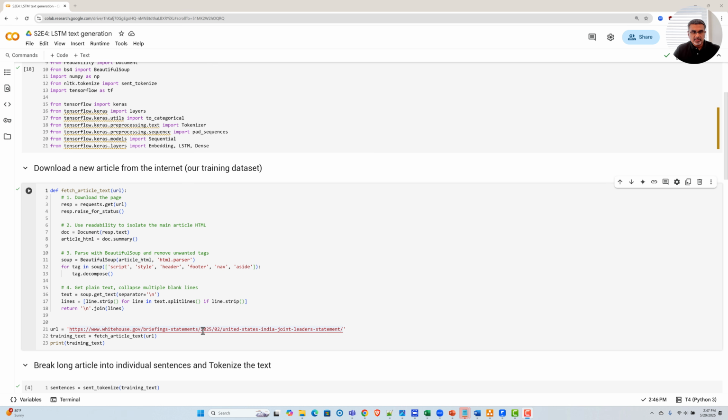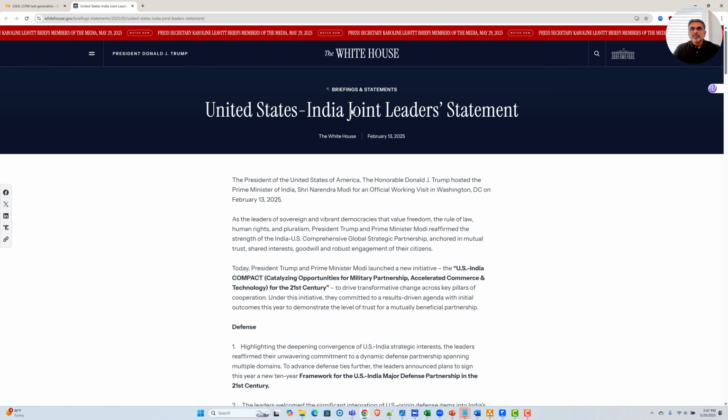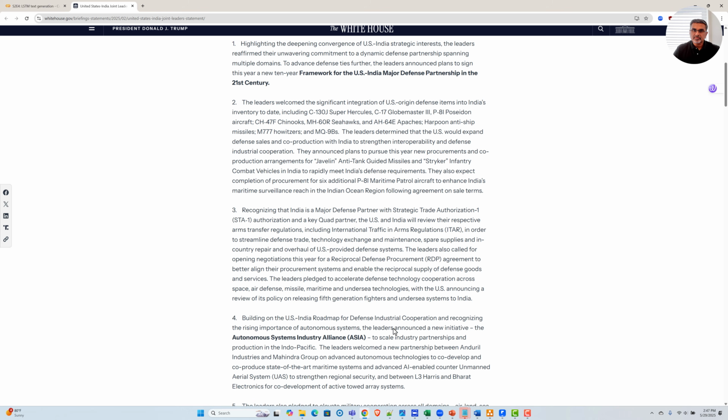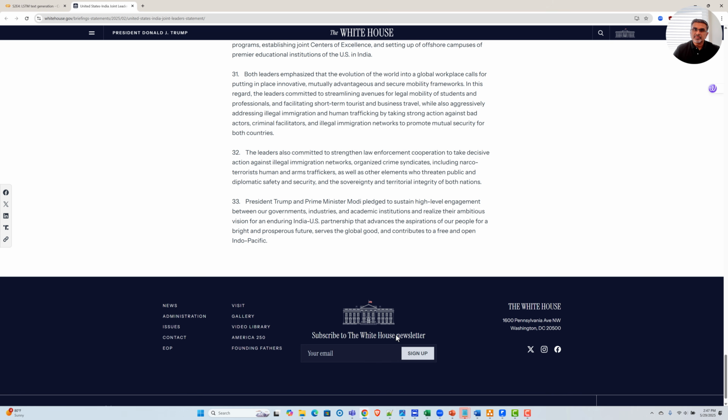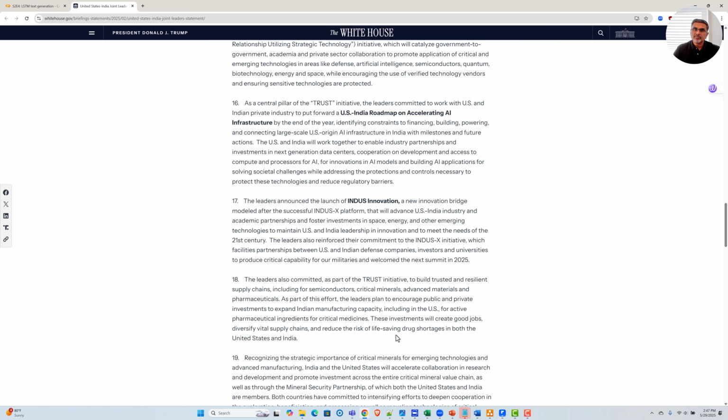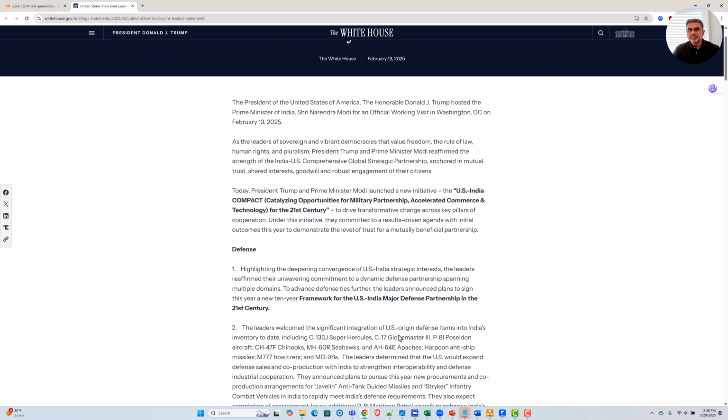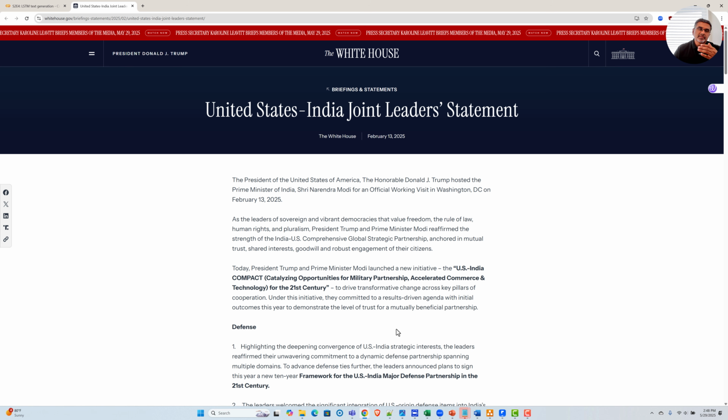It is a news report or statement put out by the White House when India's Prime Minister Modi visited the United States, which came out on February 13th of 2025. Okay, let's use that. It's a decently long article, and we want to build an LSTM that can process it so that if we give it a few keyword prompts, it can complete the sentence for us.